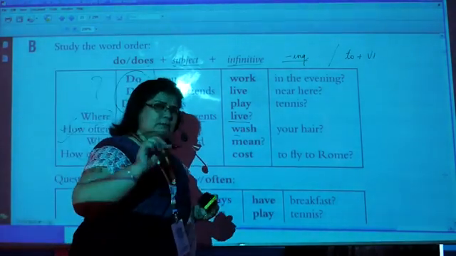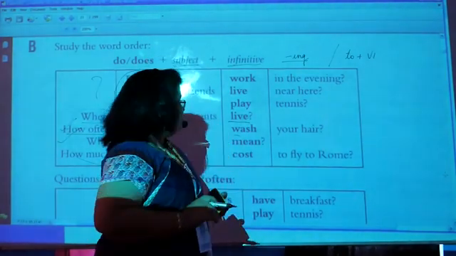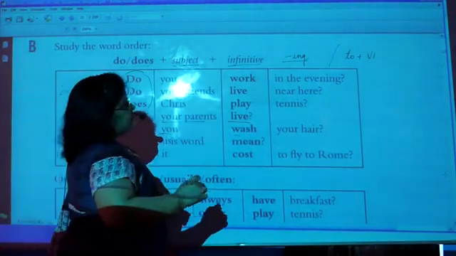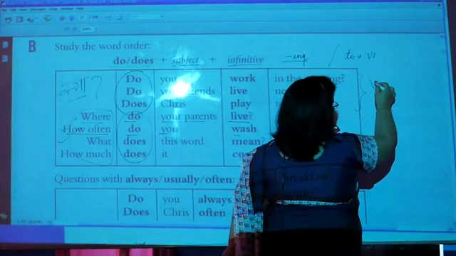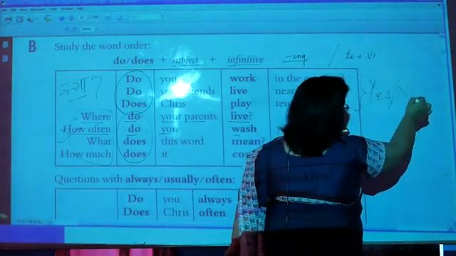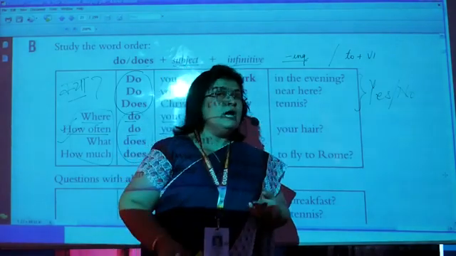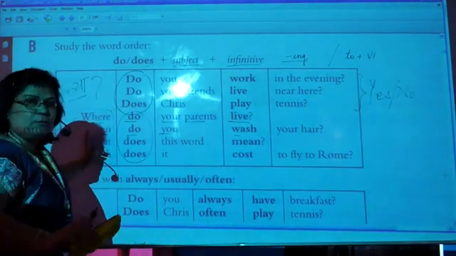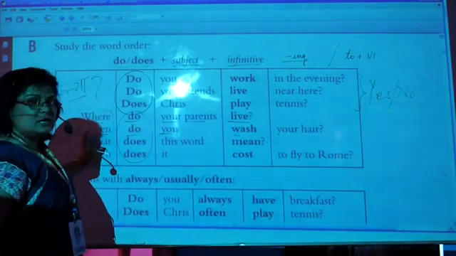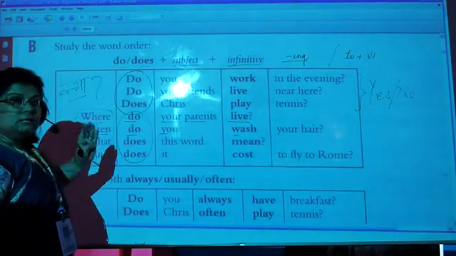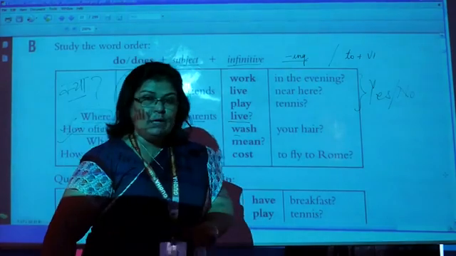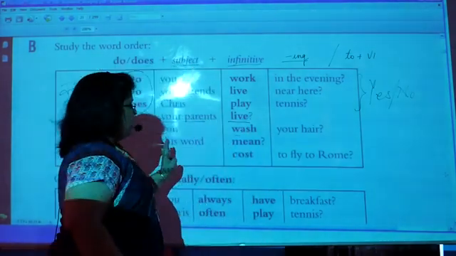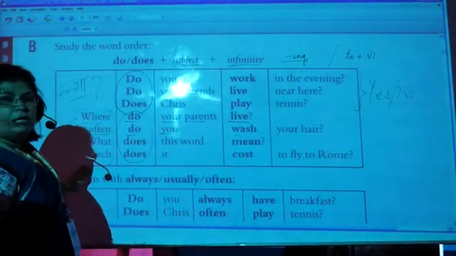ये हम जब ही लगाएंगे जब हमें इसकी जरूरत होगी, है ना? क्योंकि do or does means what? क्या? Means the answer will be in yes or no. Right? So when we want the answer in yes or no, we don't have to use these question words. हमें question word लगाने की जरूरत नहीं है. और जब हमें आंसर yes no में नहीं चाहिए, we want a descriptive answer or something else yes no के अलावा कोई और आंसर चाहिए, then requirement के according we need to put the question word.